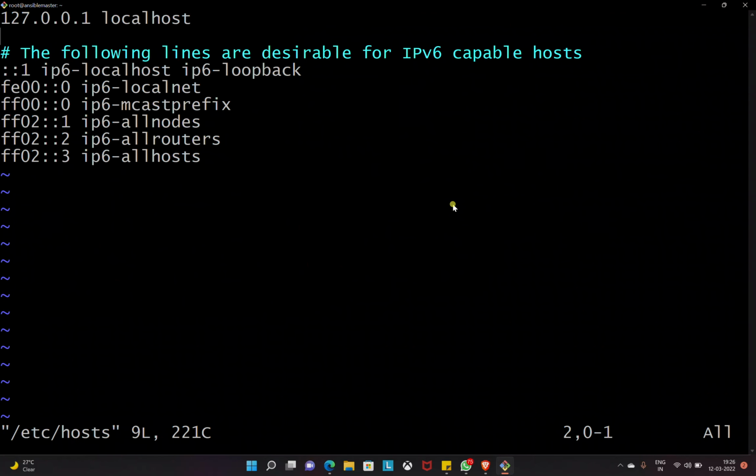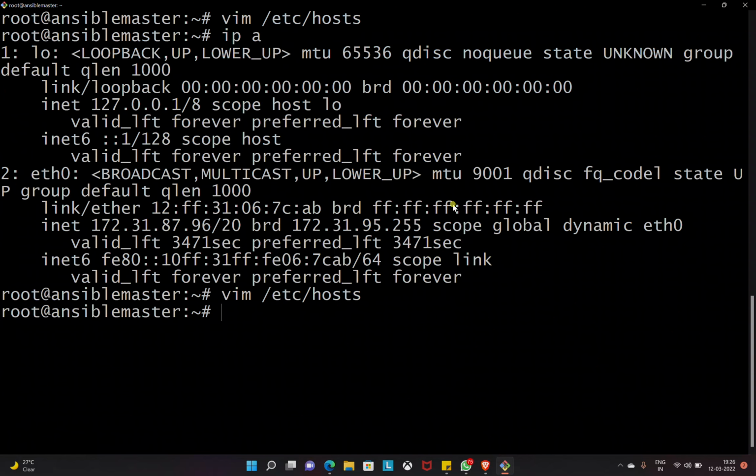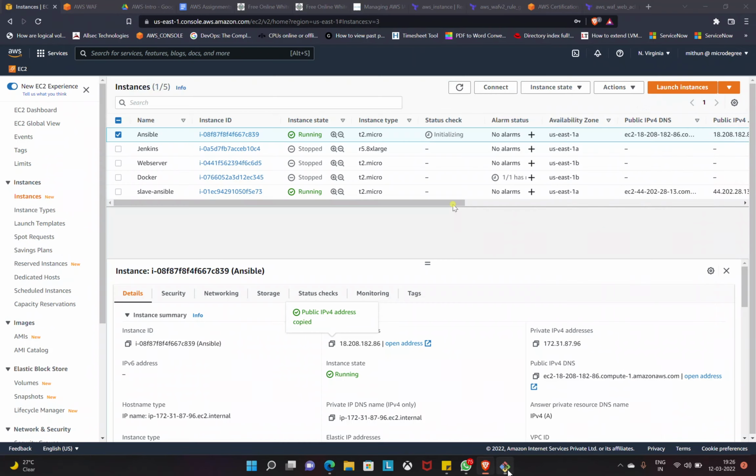So vim /etc/hosts, insert, ansible master.com. I'll explain why I am doing this. It's an additional step, because in organizations we don't always use the IP address in the host file. In the master Ansible server, we are going to